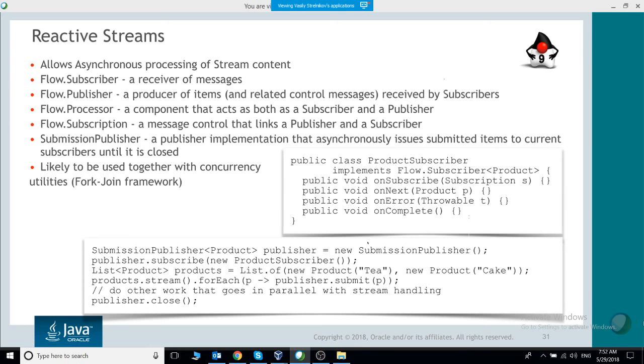So a subscriber can receive content and process that. It's important that these are non-blocking calls. It's processing the content in the stream in a separate thread, essentially. A publisher can create content in the stream, again, in a separate thread. A processor can do both, subscribe and publish elements to the stream. So it's an asynchronous way of processing the stream content. It works